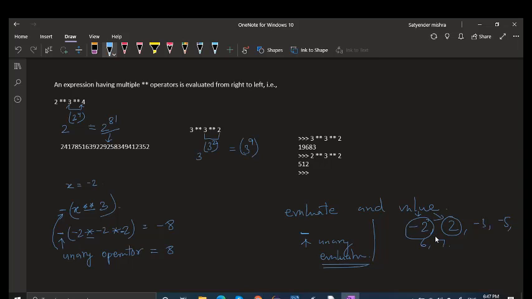This whole thing is considered as a value, positive or negative. Here evaluation will not take place, right? But here evaluation will take place. Here evaluation will take place, right? So I hope now the idea is clear. And now if I do the experiment, you will be able to understand.